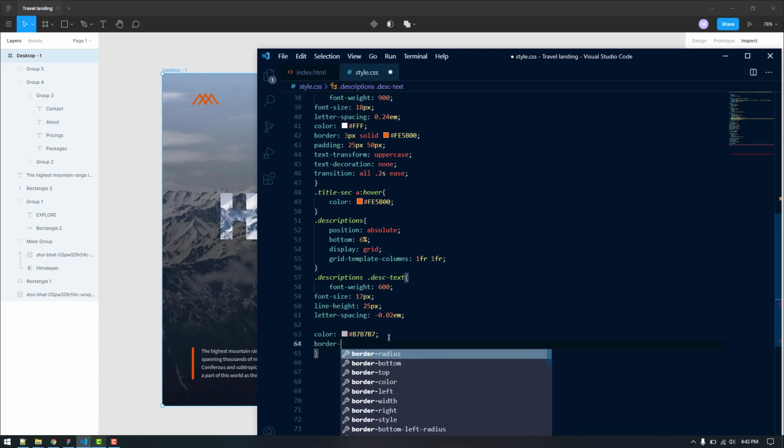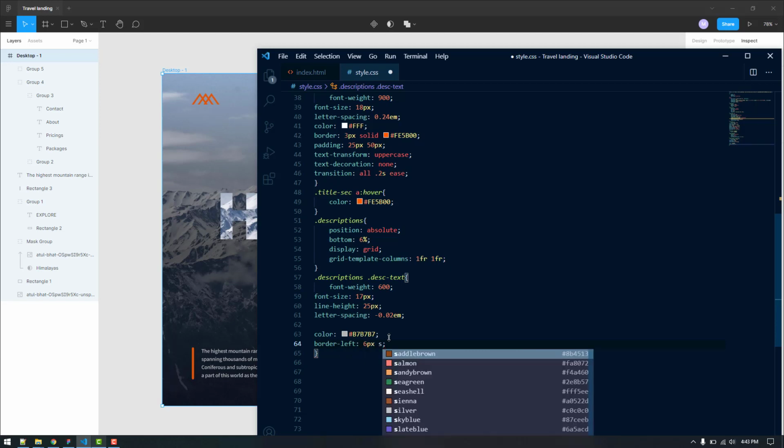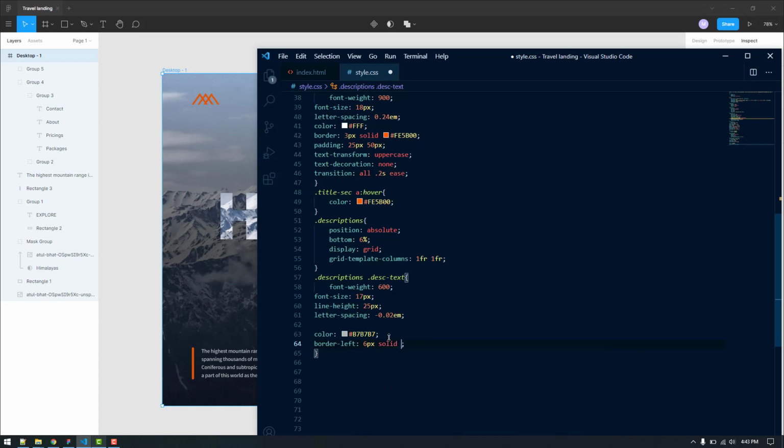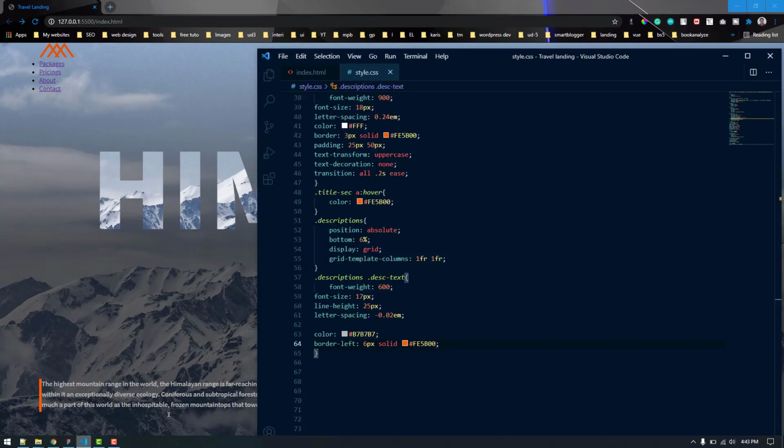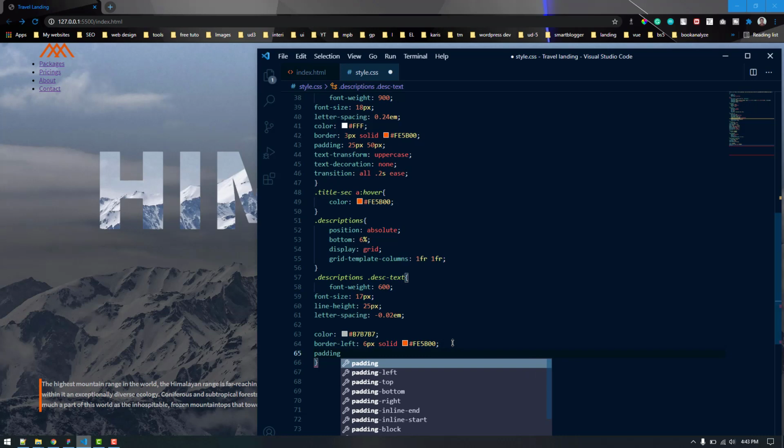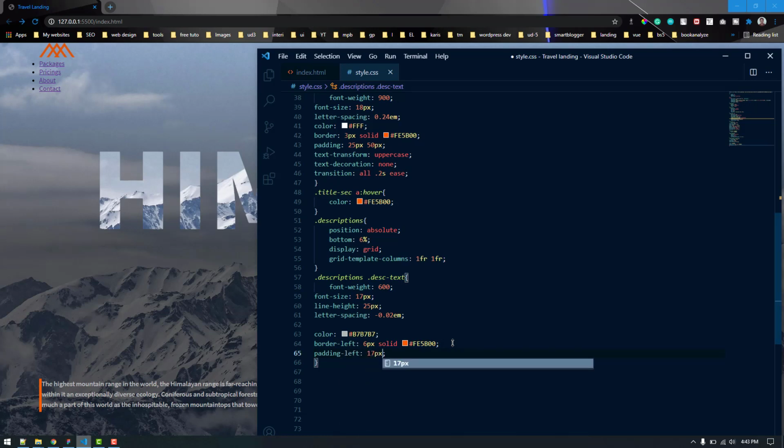Border left 6 pixels solid and the orange color. Okay, it is fine, but we need to create some gap. That's why we are going to use a padding at the left side. Let's try 17 pixels, and now it has a nice gap at the left.